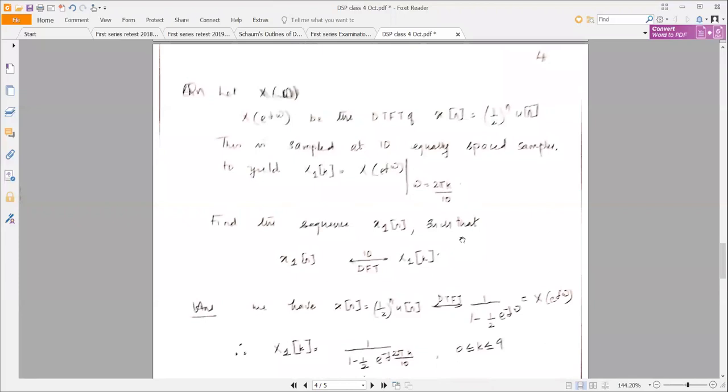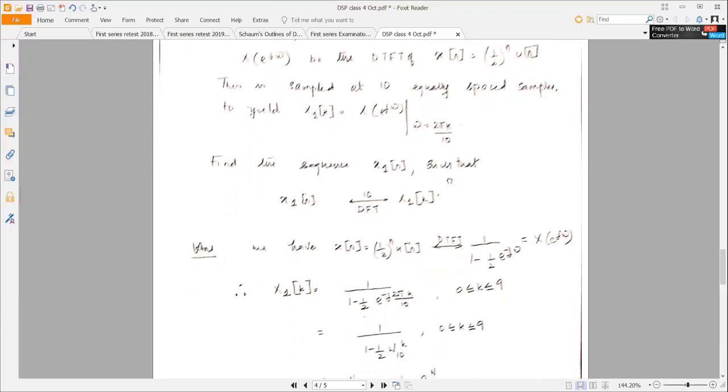Now this question is very interesting, in that you have a sequence of infinite duration. So x of n is of infinite duration, and by definition, since it's of infinite duration, it does not have a discrete Fourier transform. However, what we are doing is computing the DTFT of x of n, and the DTFT is sampled at 10 equally spaced samples, which we are going to call X1 of k. So X1 of k is a finite duration sequence in the frequency domain having 10 samples. So definitely that will have an inverse discrete Fourier transform.